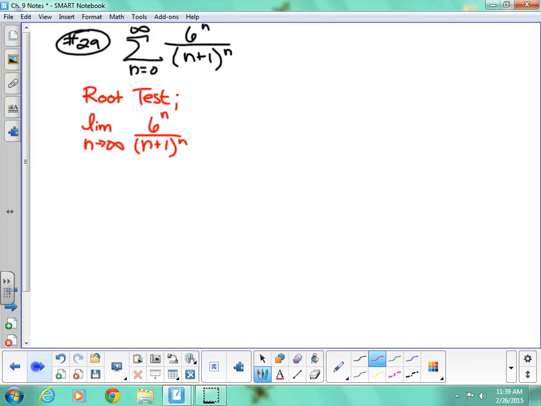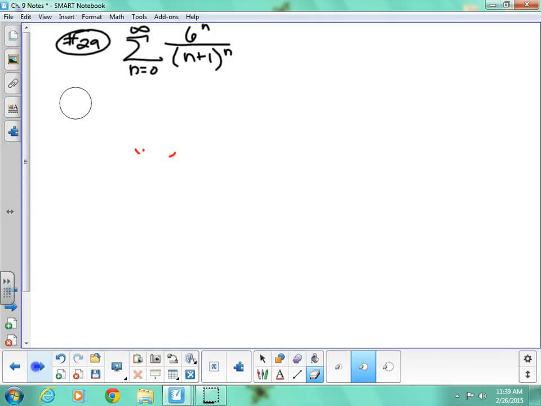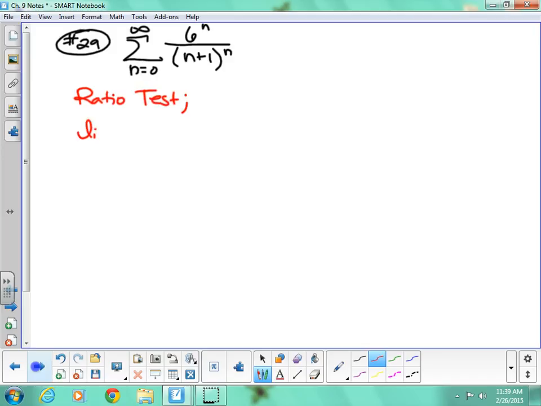Oh no, they said ratio test. That was the whole point. They said you had to do ratio test. The root test is very easy. We might look at this tomorrow. I don't think you guys need me to do it right now, though. We'll see how you guys do with your limits. Be careful of directions. Some of the directions tell you to do a certain